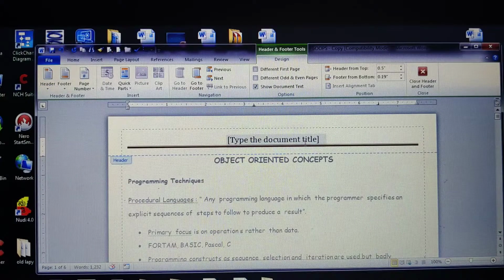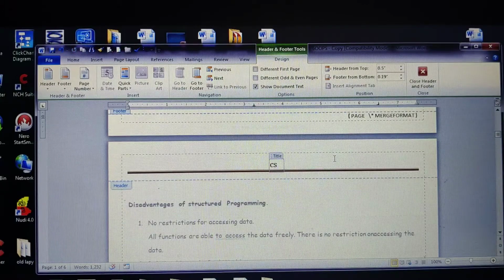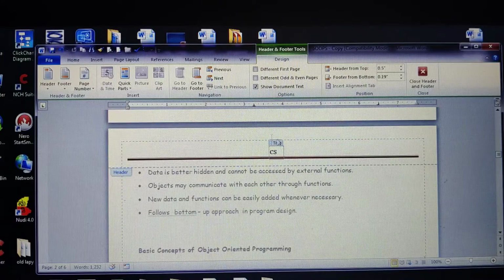I have a small document and only one text to be added, so I go for this one, and here I'm going to just add CS. If you see, the header will appear on every page, and as I said, header is a text that will appear at the top of every page.